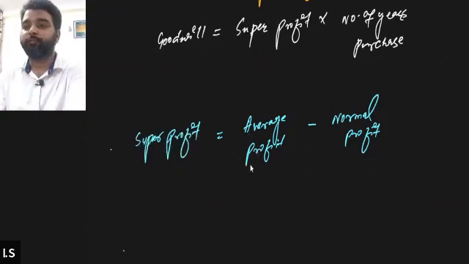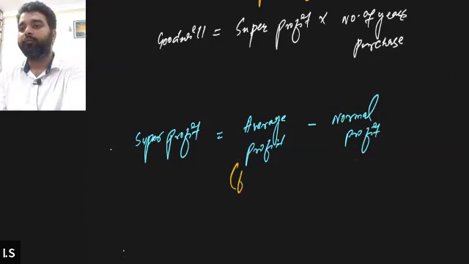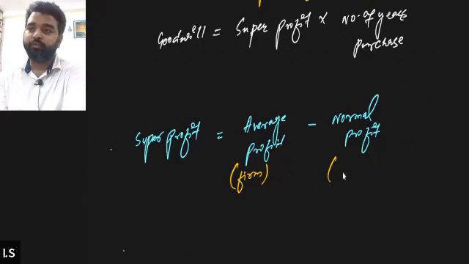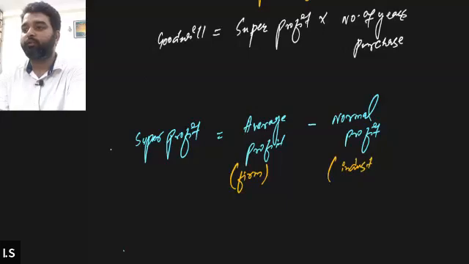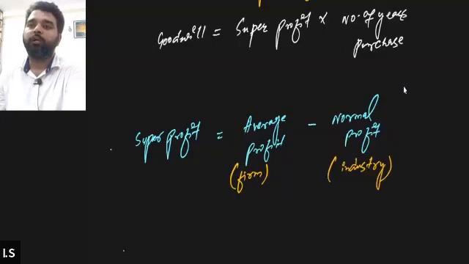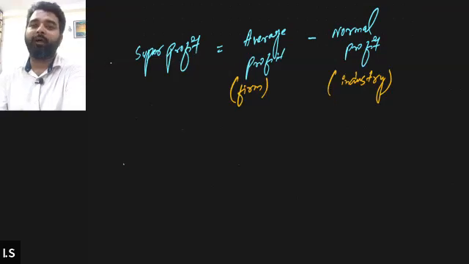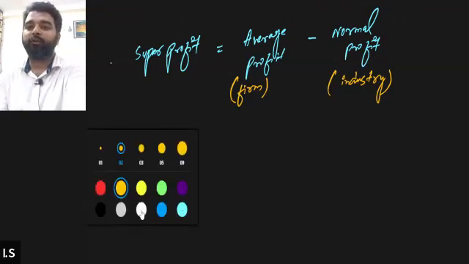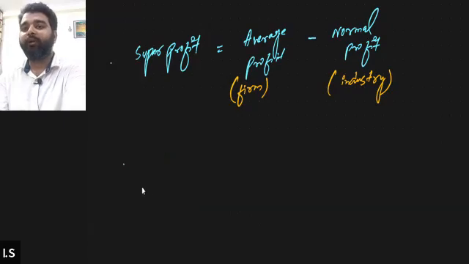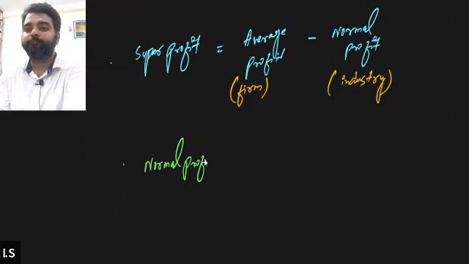So this is the average profit of the firm, and out of the average profit of the firm, we have to subtract the normal profit of the industry. Most of the time normal profit is given in the question, but if the normal profit of the industry is not given in the question, then in such a situation we have to apply a formula for finding out the value of the normal profit as well. So for calculating the value of the normal profit, we will apply this formula. Normal profit equals